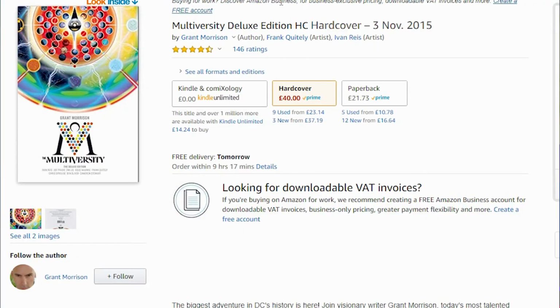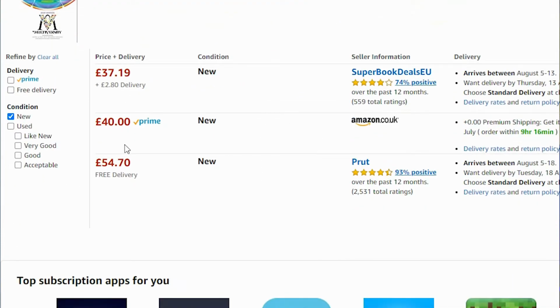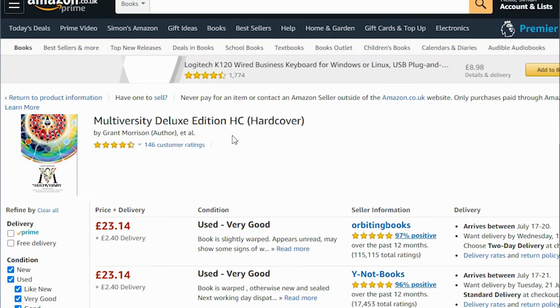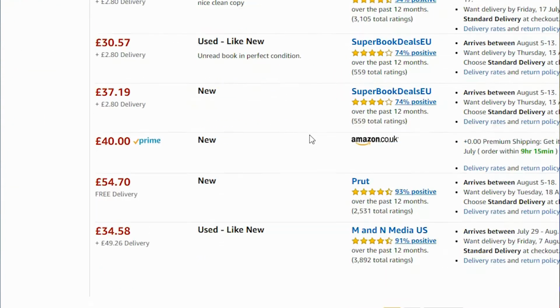The price range of this: I picked mine up for £24, which I think is a reasonable price for this book for its size. It seems to have gone up in price now to £40, but they brought out a paperback version. To be honest, if you're putting it in a collection, either get it digitally, save yourself a fair bit of money, or wait for the price to drop. You'll have to shop around or put it on a wish list somewhere and have a notification for when the price drops. This isn't a £40 book, not by a long shot. It's a £20-ish book. £24 I think is the most, or £25 is the most I would have paid for it.